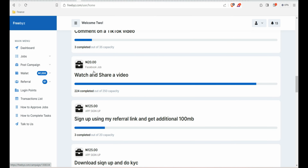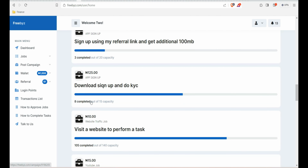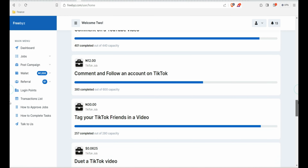And this is 20 naira to watch and share a video on Facebook, and this other one is 125 naira to sign up using my referral link and get an additional 100 MB. And if you also scroll down, you also see download, sign up, and do KYC. And this is another one, visit my website, and this is another one,